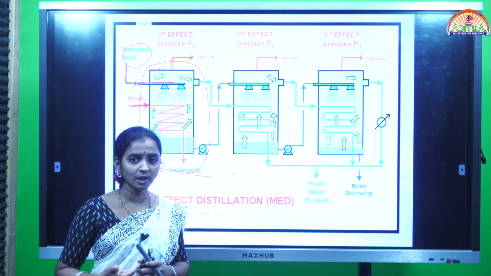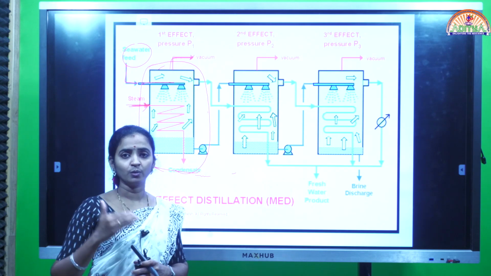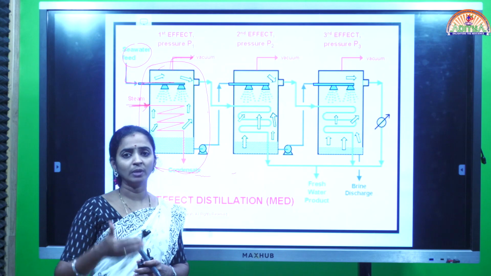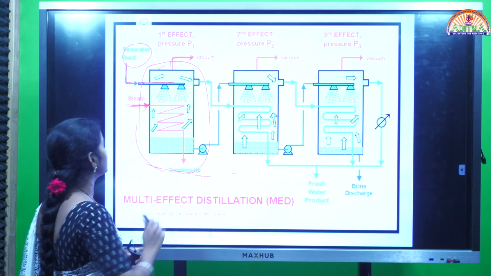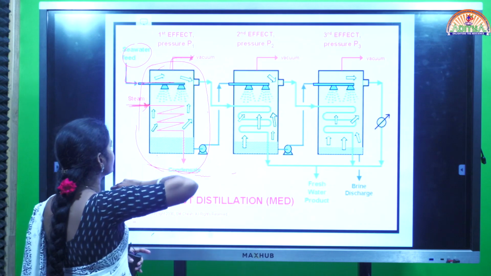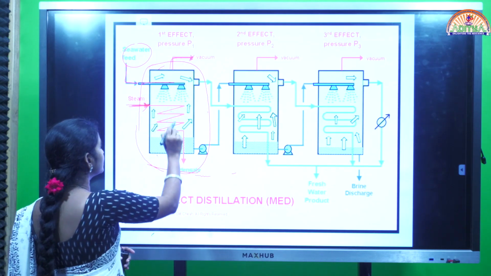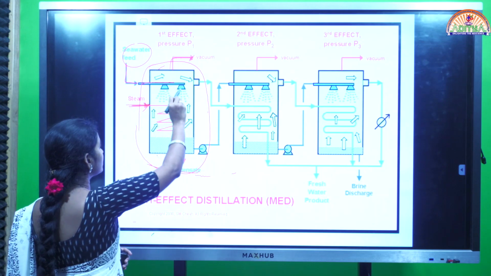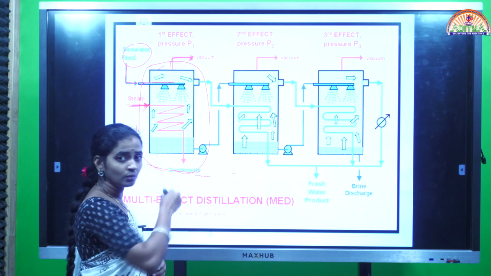What is the actual boiling point of water? 100 degrees centigrade. But here no need to wait up to 100 degrees centigrade. Below 100 degrees centigrade only, water will get boiled. So for that purpose we are using the vacuum. Steam will be applied into the chamber, and with the help of this steam the potable water will get boiled.